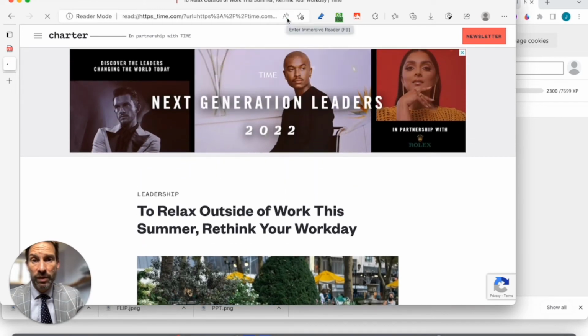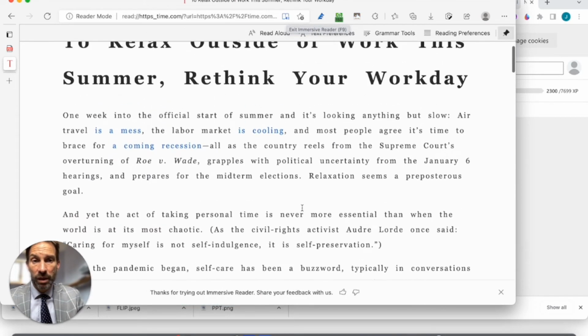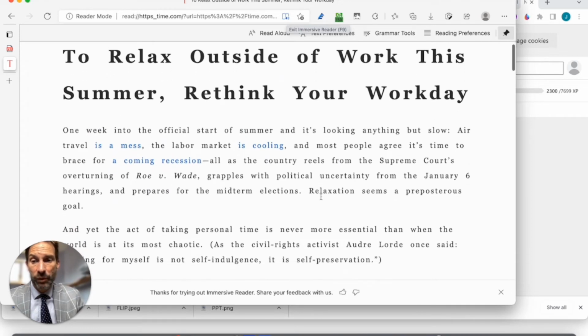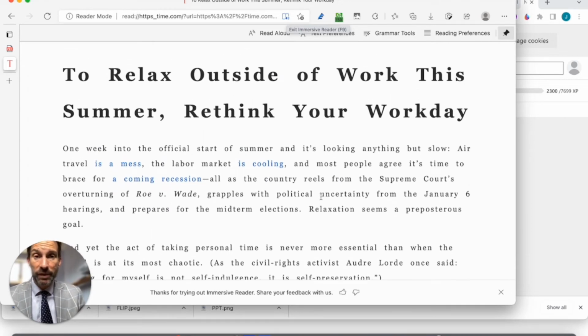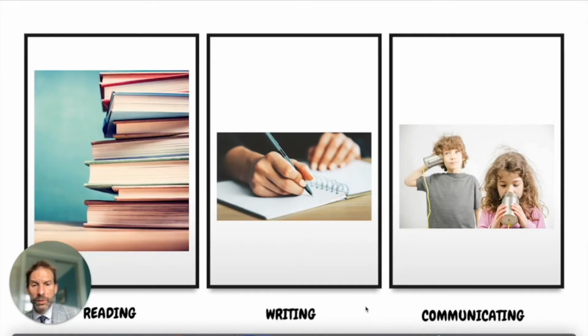as well as if I needed to have the Immersive Reader, it's also here. And again, I can have all the functionality of the Immersive Reader already in Edge. So absolutely fantastic for reading and helping people to read articles if they find it difficult. Let's have a look at some quick tools now to be helping with writing.